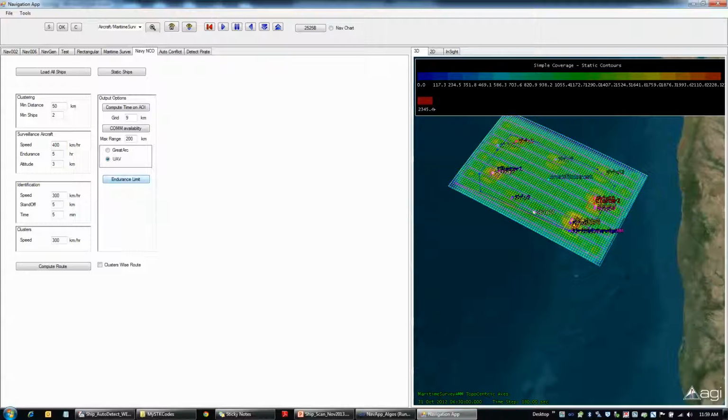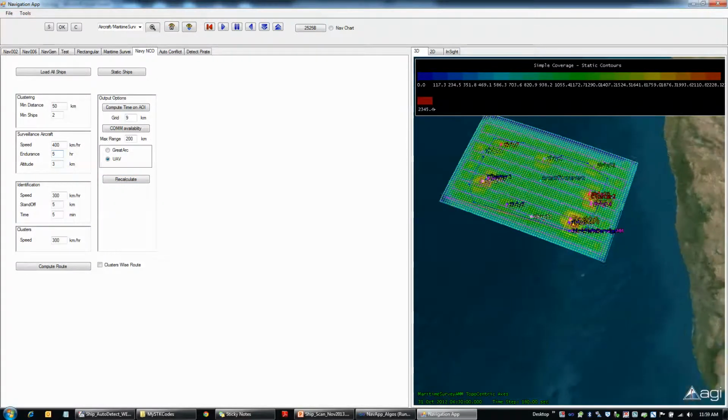Then you have the endurance limit. Endurance limit shows at what point the aircraft has to return, so that it keeps this endurance time limit. So it says like by 31st October this time the aircraft has to come back, otherwise it is going to cross this endurance hour. Basically the same algorithm I have.